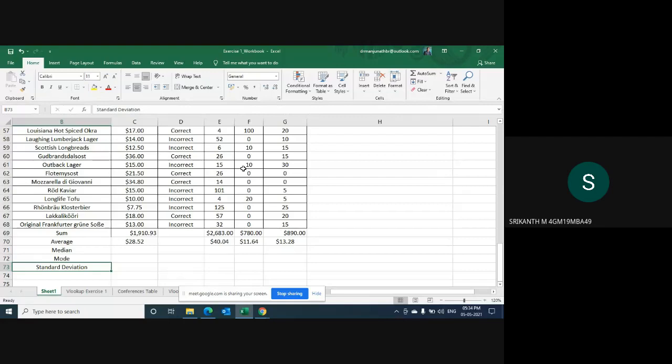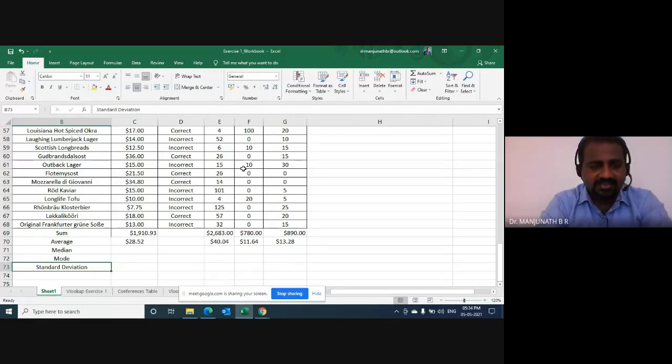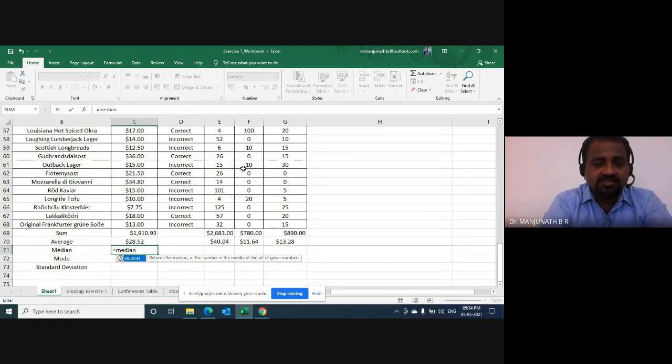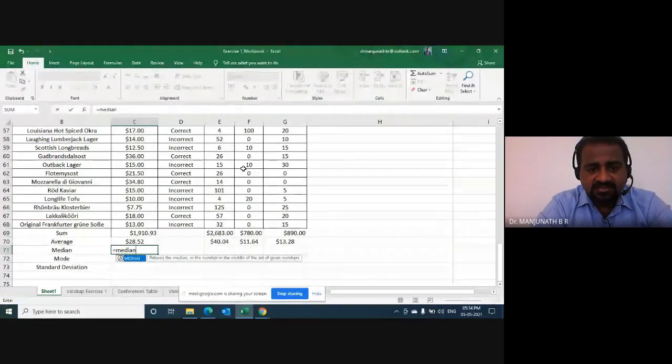Yes, sir. Okay, good. So equal to MEDIAN. Now you see how beautiful Excel is. Excel is talking to you. The moment you typed in median, it is saying it returns the median, or the number in the middle of a set of given numbers.